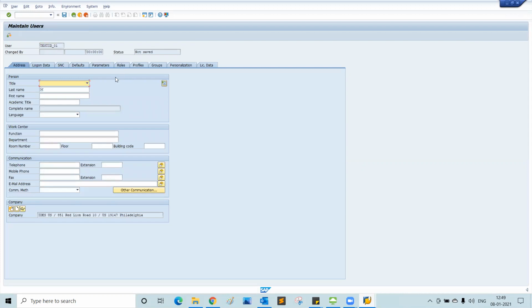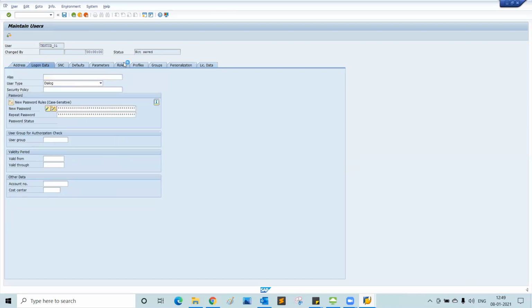Once you click on that create button, you get to see various options in here. If you observe, there is this tick mark, right? Which means that this is a mandatory field that you have to give in order to create a user. All you have to give is the last name because it is mandatory, and then you have to give the password, and then you have to assign a specific role to the user. Then only he can use the access.